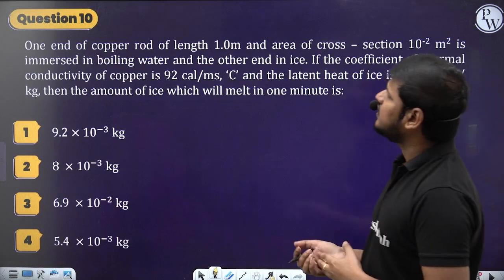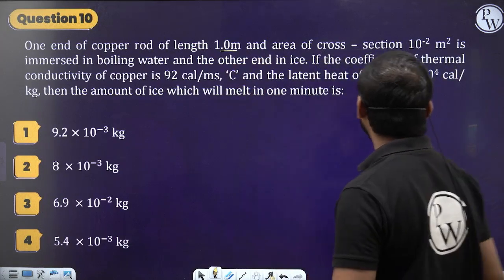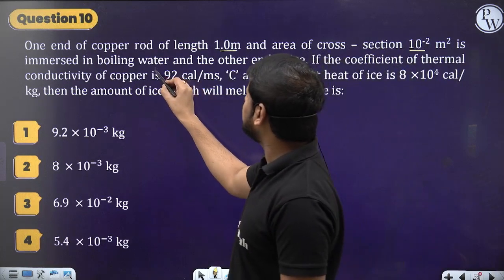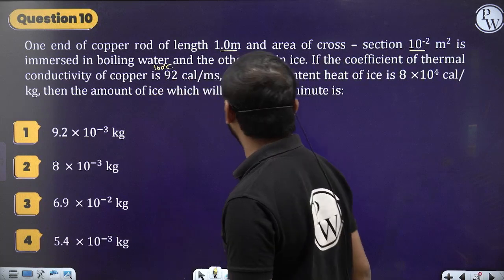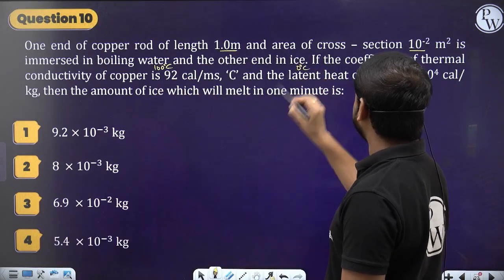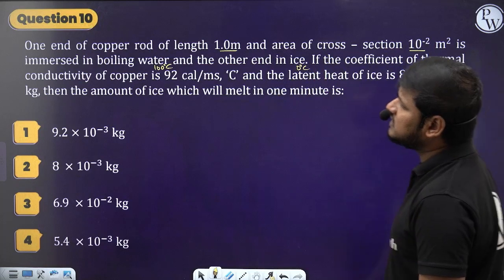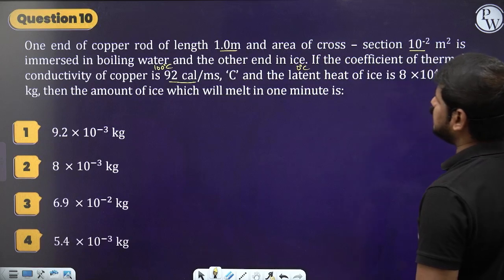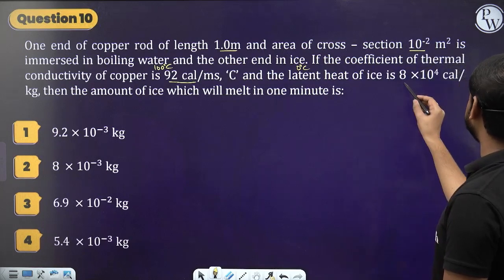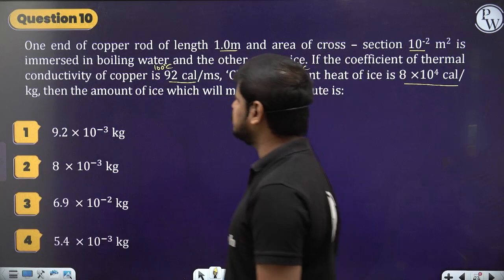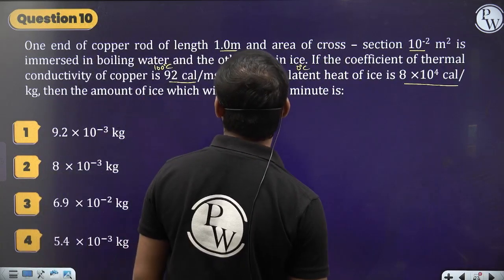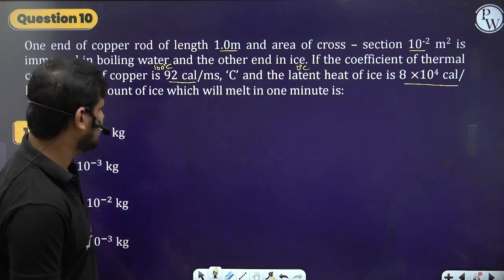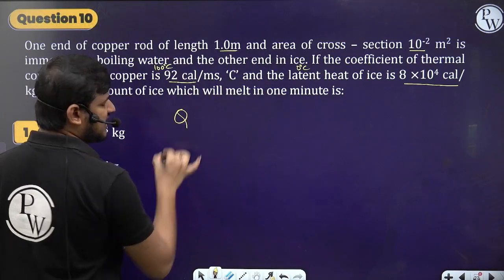So one end of a copper rod of length 1 meter and area of cross section 10 to the power minus 2 meter square is immersed in boiling water. So boiling water means the temperature is 100, and the other end is in ice at 0 degree centigrade. If the coefficient of thermal conductivity of copper is 92 calorie per meter second, and the latent heat of ice is 8 into 10 to the power 4 calorie per kg, then the amount of ice which will melt in 1 minute. See here, the rate of heat transfer